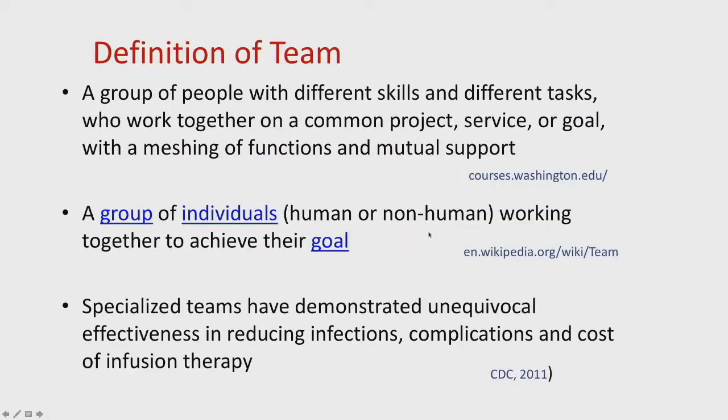What is the definition then of a team? A group of people with different skills and different tasks who work together on a common project, service, or goal with a meshing of functions and mutual support. But it can also be a group of individuals, human or non-human, working together to achieve their goal. And specialized teams have demonstrated unequivocal effectiveness in reducing infections, complications, and costs on infusion therapy, published by CDC in